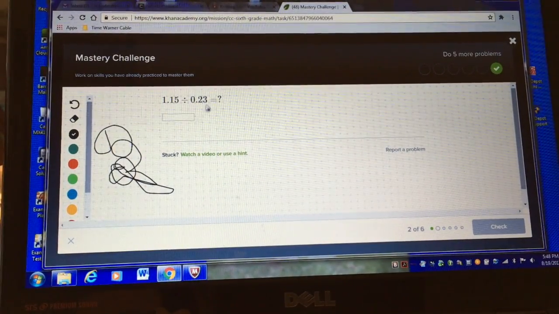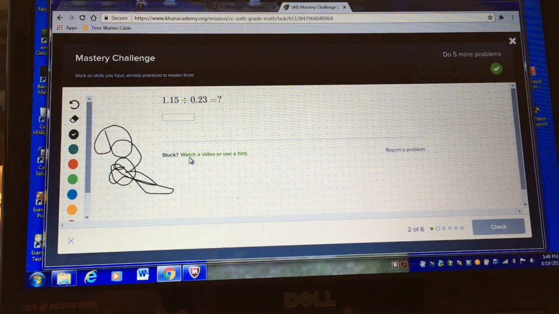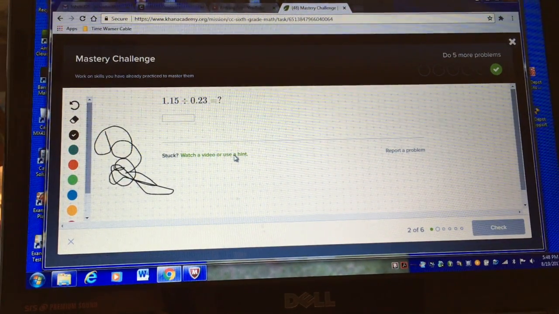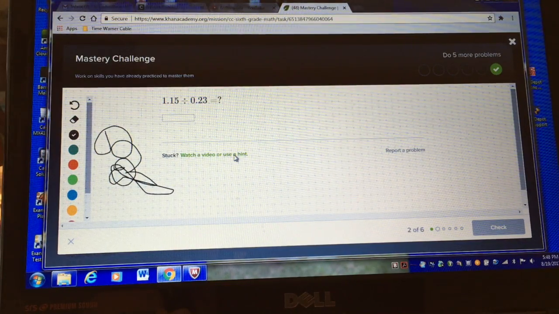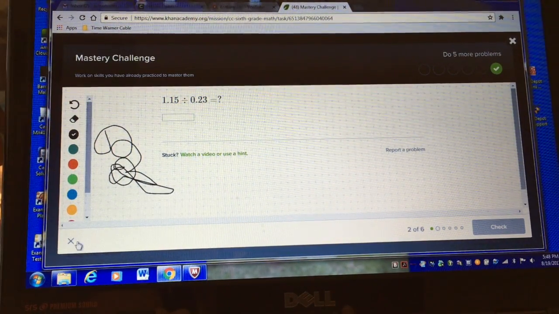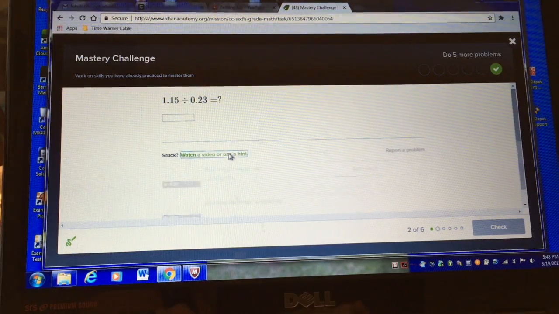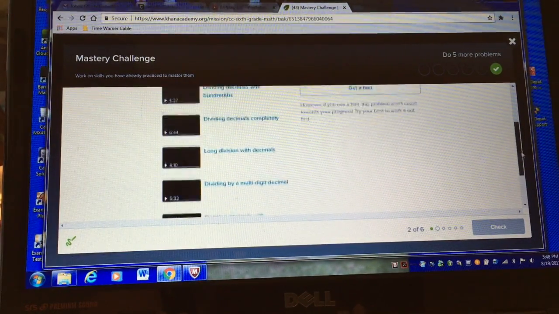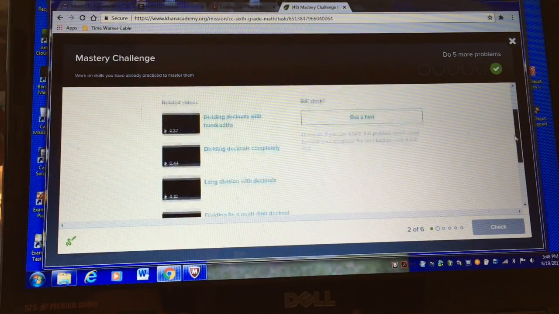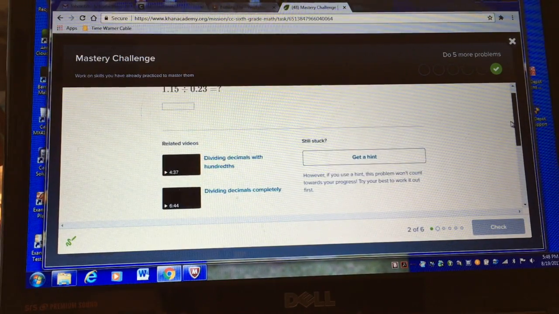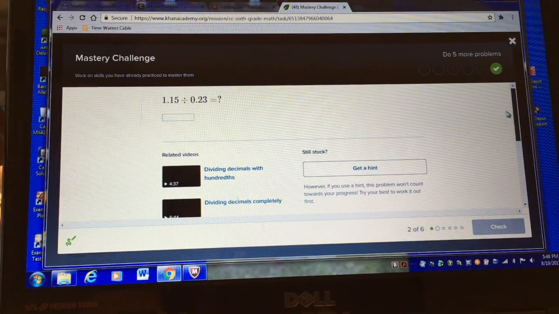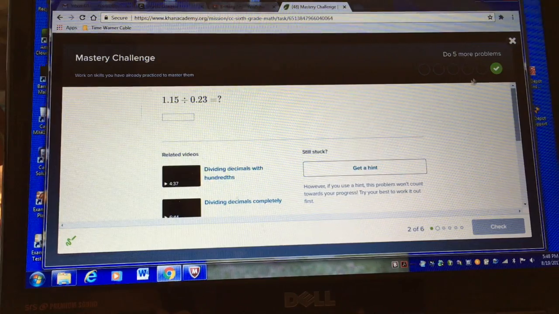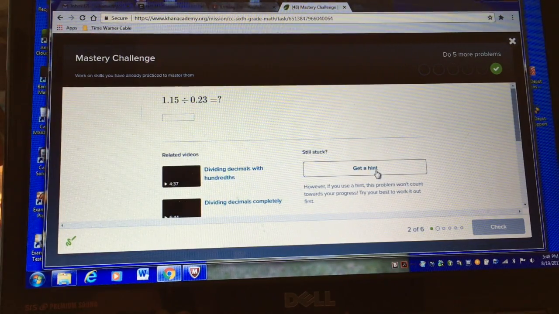If you don't remember how to do this, then you can see right here it says watch a video or use a hint. So I'm going to pretend like I don't know what to do, and I'm going to click on that after I X out of this. All right, so here's some related videos. Now I could watch any of these videos to help me figure out this problem, and that doesn't count against me. I could also use a hint, but it does make this become a question mark,